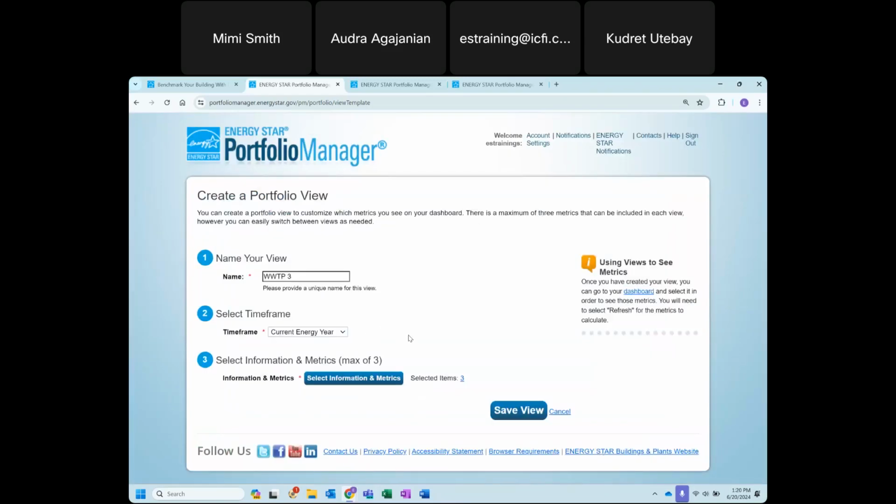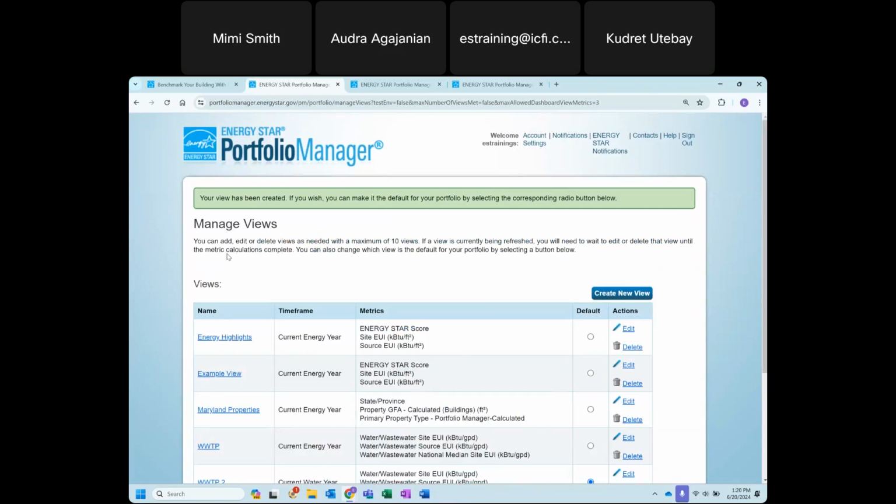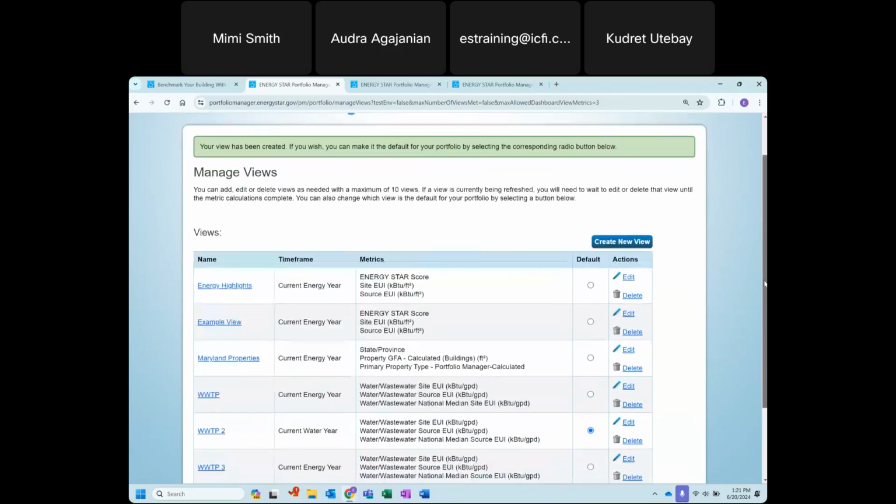Once we've done that, we will click Save View. And once you get this green banner at the top of your screen, you will know you've done something successful, and it will tell you exactly what you've done. It will also give you some helpful tips if you'd like to make this view the default view. So every time you open up your My Portfolio dashboard, those will be the metrics that are displayed,